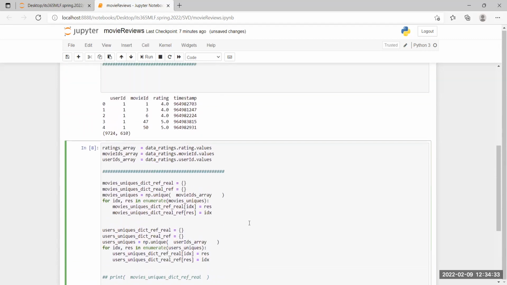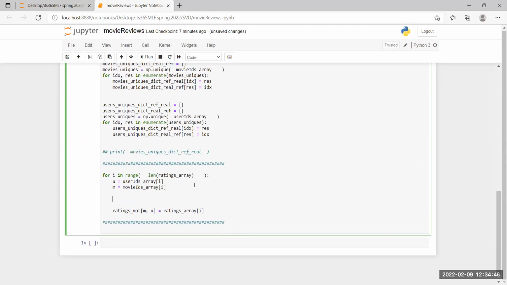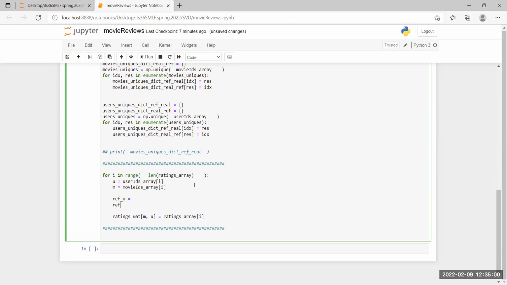Does this make sense, guys? However, if we did just this, that M would be 170,000 for some movies, right? It will be the real. So then what we need to do is call the dictionaries and find a mapping. Okay, so now I'm going to say, let's call it ref U. And let's call it ref M. And then these are going to be a result of